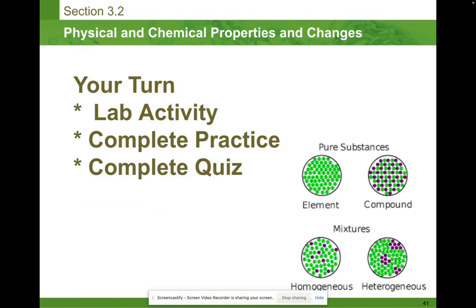So we will have a lab activity on Monday that will encompass kind of doing the pictorial representation of mixtures and pure substances. So if you have any questions, write them down or send me an email. And until next